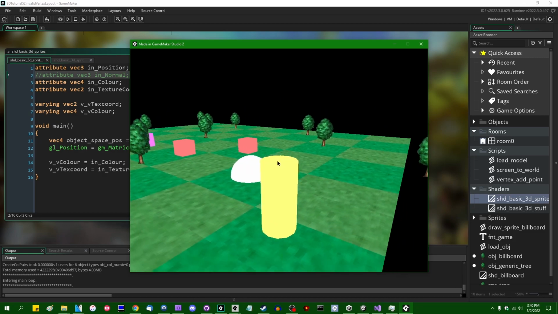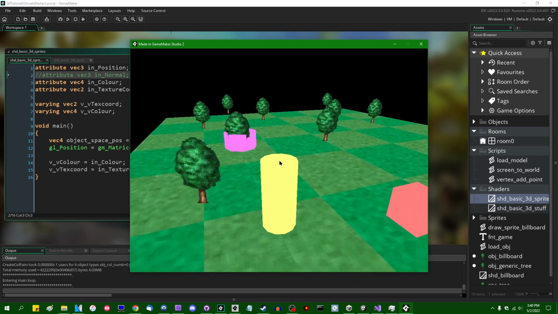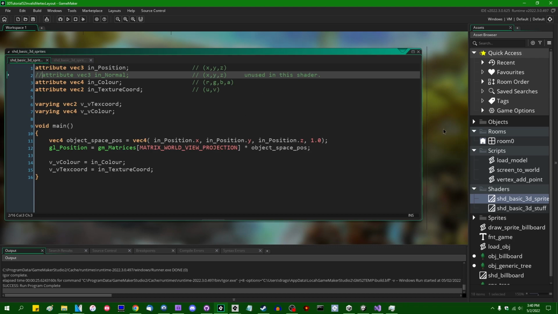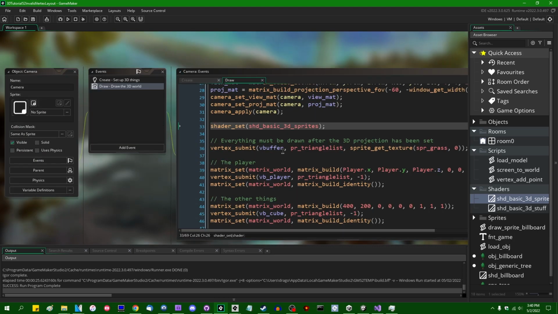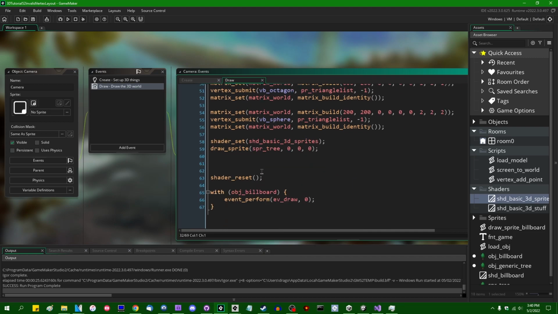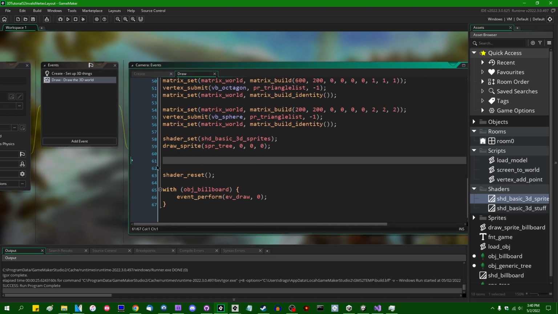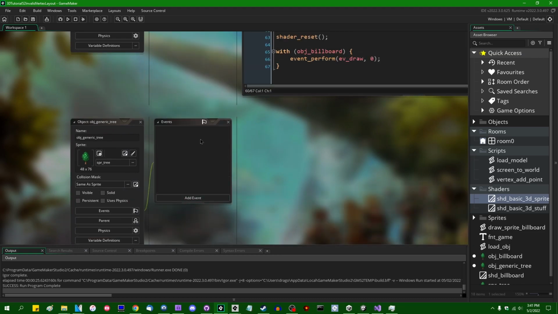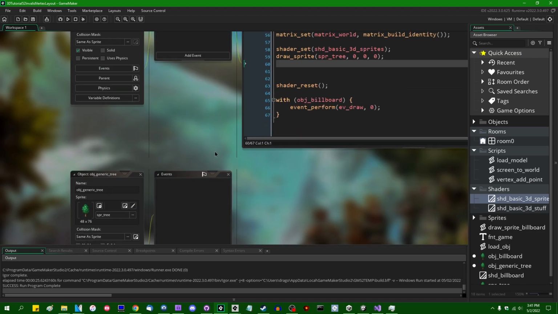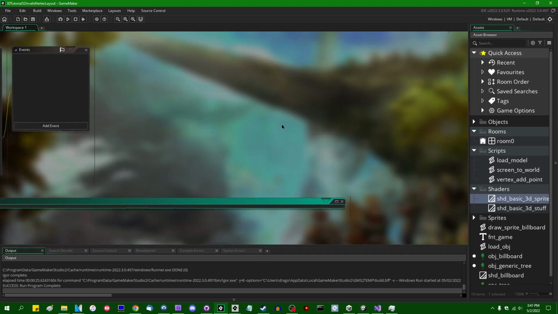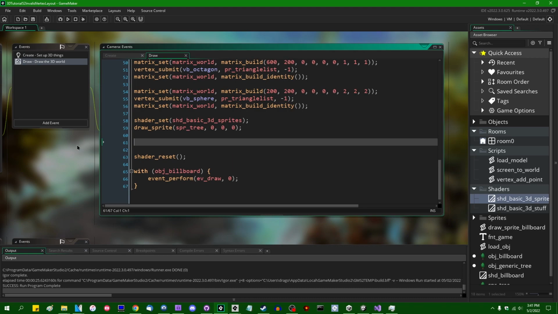You can see that everything is still being drawn where it is. It's just without lighting because this shader doesn't contain any lighting. But with that said, it's a good idea to not do that. It's a good idea to actually ask for the vertex attributes that you're supplying, just as a best practices thing. Since sprites not having a normal makes it a little bit difficult to do 3D lighting with them,